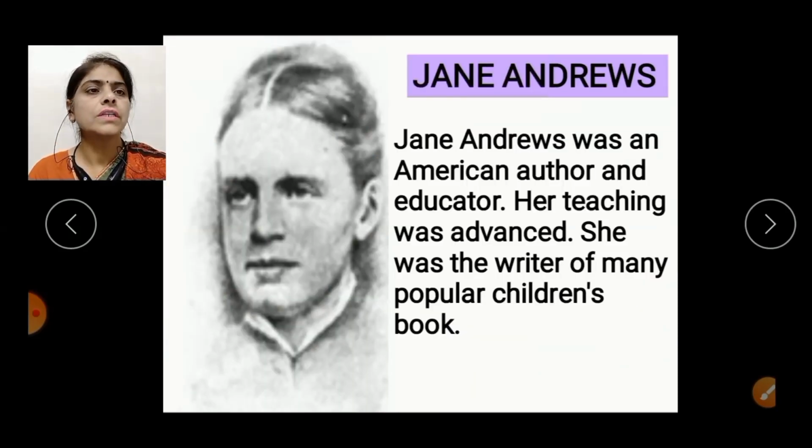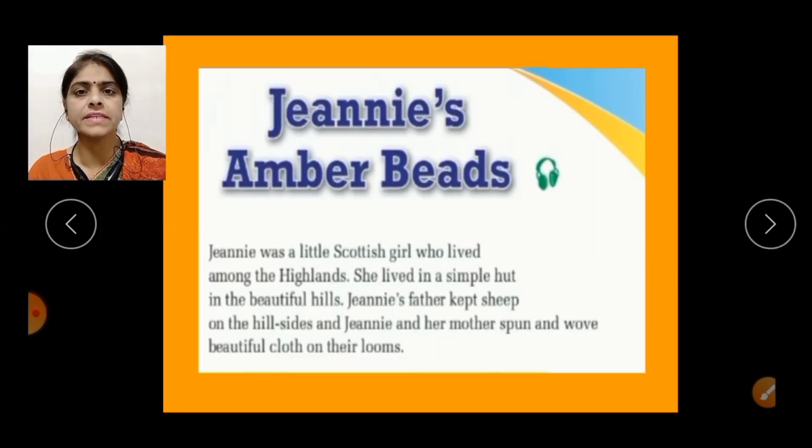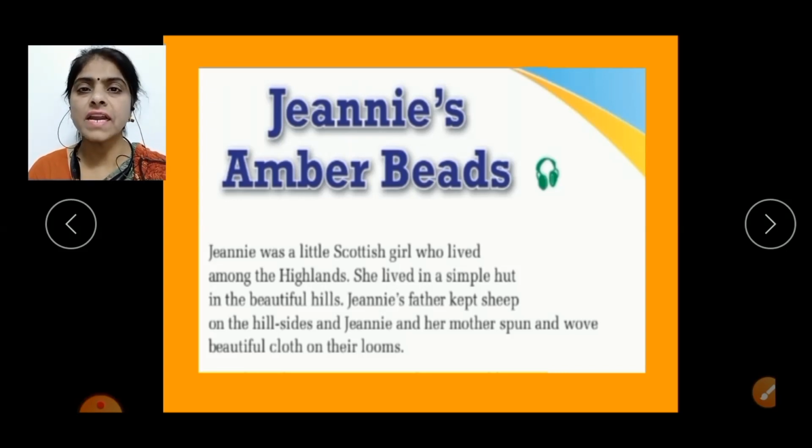Jane Andrews was an American author and educator. Her teaching was very advanced. She was the writer of many popular children's books. The book, The Stories Mother Nature Told Her Children, was also a popular book, which is based on nature and its unique treasure. And today we are having one of the stories of this book, and that is Jeannie's Amber Beads. In this story, the writer has mentioned how amber was formed and how the amber beads necklace came into